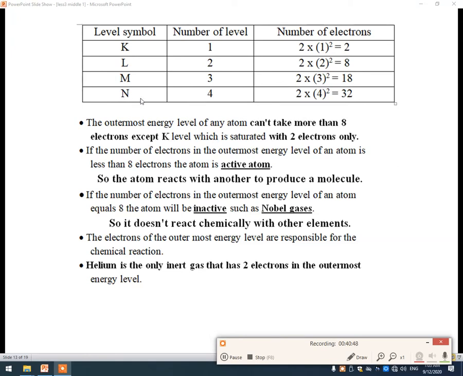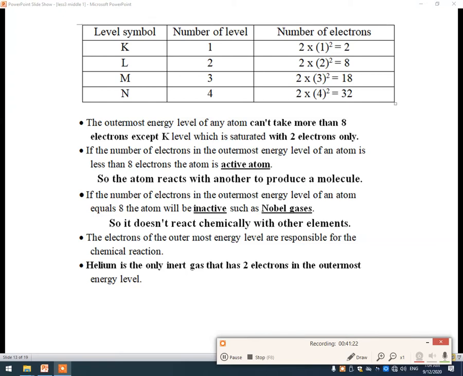Okay, finally the N level. N is level number 4, it is the fourth energy level. So if we want to calculate the number of electrons which move inside it, 2 times n power 2, n is the number of the level, it is the fourth one. 2 times 4 power 2, 4 power 2 is 16. 16 times 2 will be 32. So the N energy level is saturated by 32